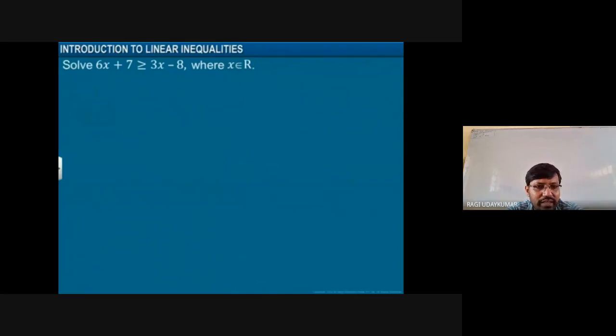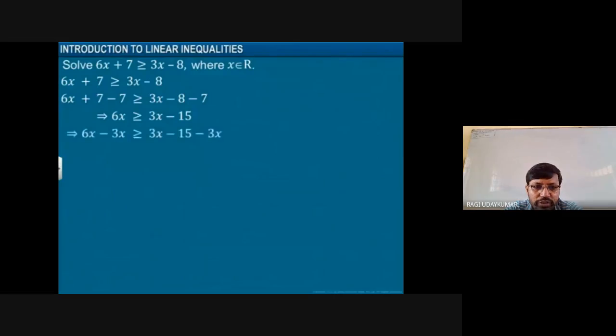Another question here, see 6x plus 7 greater than or equal to 3x minus 8. This type of the solutions if it is given, what to do? Both the variable terms you have to make together. And here see left hand side plus 7 is there, so minus 7 कर दिया है. Now right hand side we are having 3x. 3x is subtract करना है हमको. लेफ्ट हैंड साइड वेरिएबल चाहिए, so 3x is greater than or equal to minus 15.